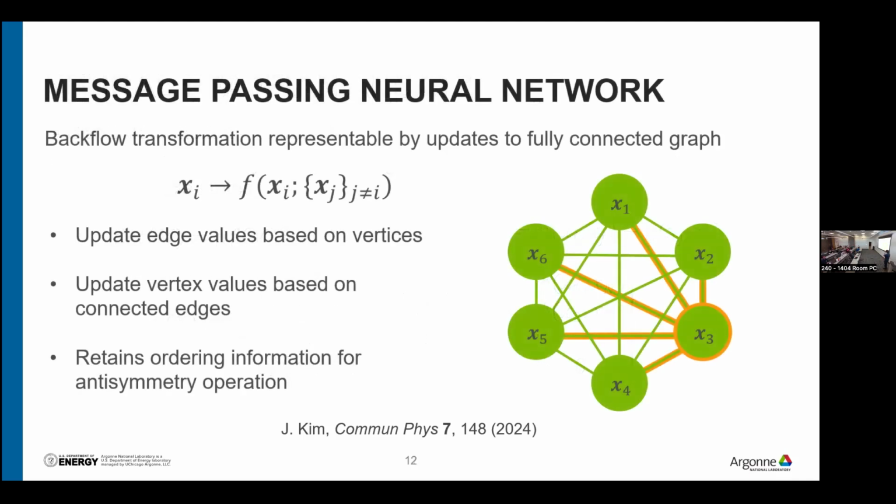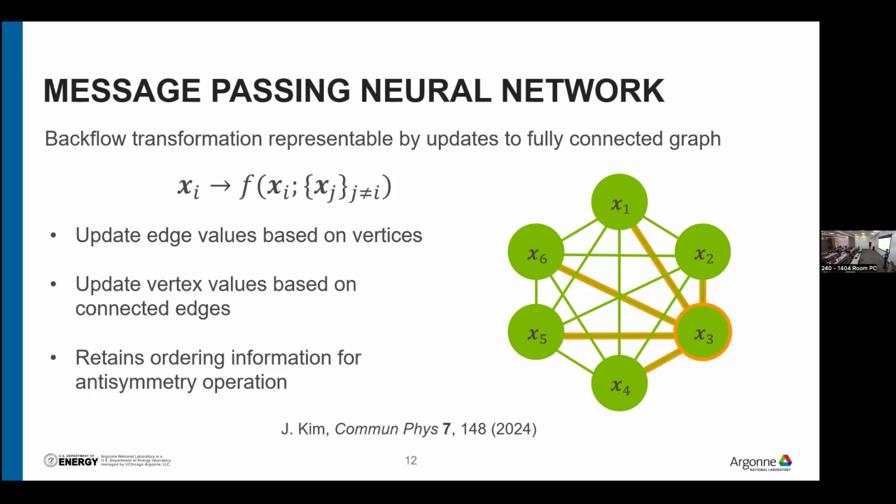One more thing that we can do is pre-process our inputs. In order to be able to do that without breaking everything else I just talked about, we need to make sure that this transformation is retaining all of the ordering information. And the way we do this is called a message passing neural network. If you want all the equations and details, you can look at the published papers, but the general idea is